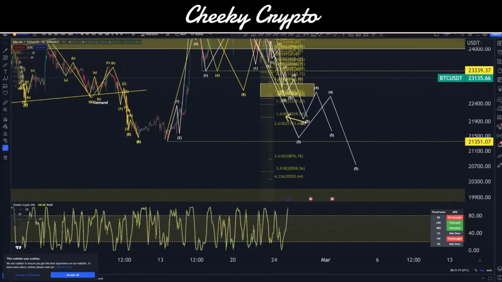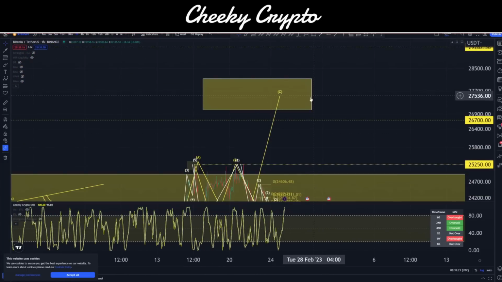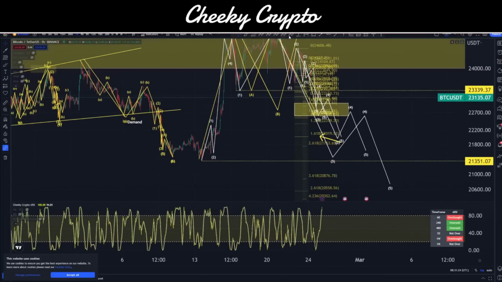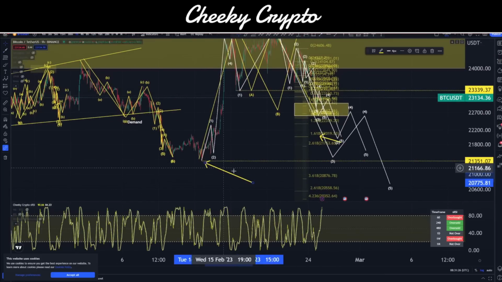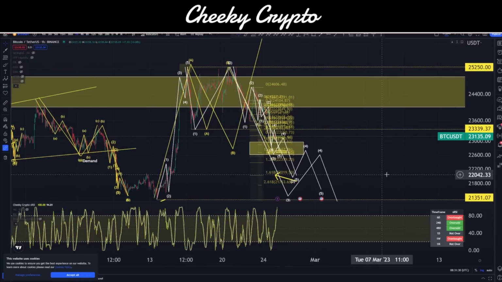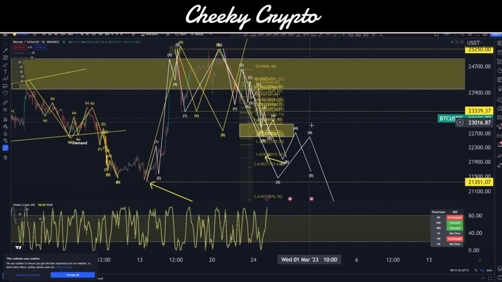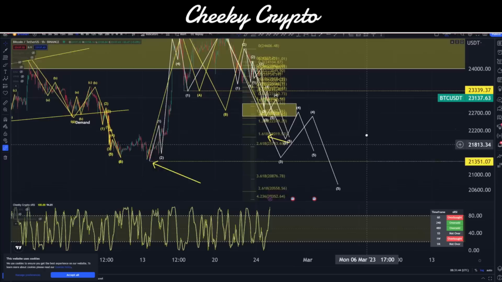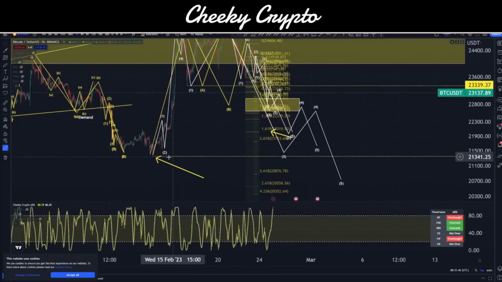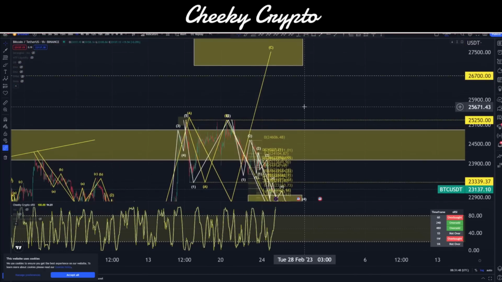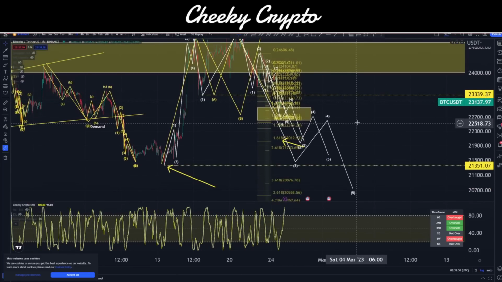Now, essentially, the true confirmation of preventing us from going up into that $27,000, $28,000 range could only happen if we cross down lower than this threshold at 21,351. And if all of this plays out, and it's a big if, not a guarantee by any stretch of the imagination, but if all of these things play out, and you may have to go back and watch out for those key targets and write down those numbers if you want to, then this is how the market would structure itself down there. That's how you'd prevent yourself from going up into those 27, 28K areas.